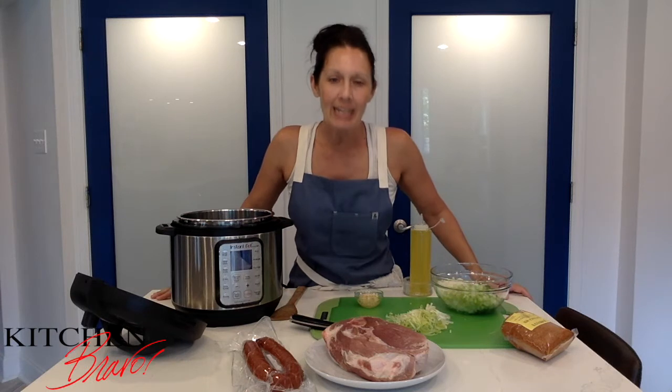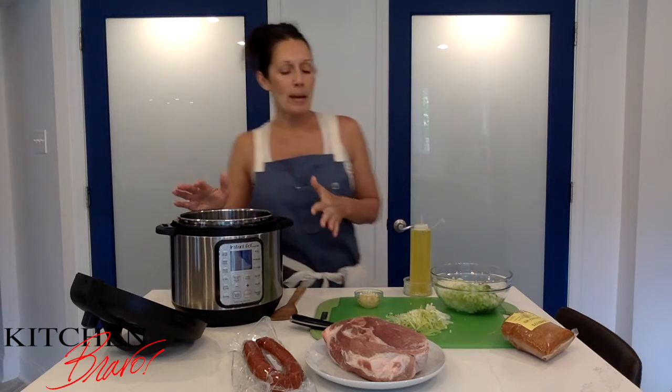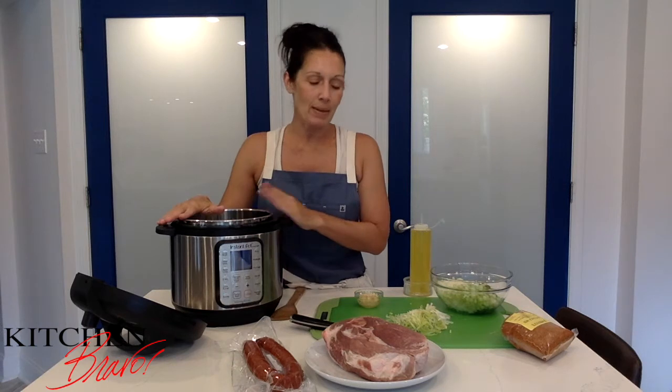What's happening? Tonight I'm making jambalaya for dinner. I'm going all out, all Cajun, all night long. That's right. So to start this jambalaya, I'm going to actually make it in my Instant Pot because I did